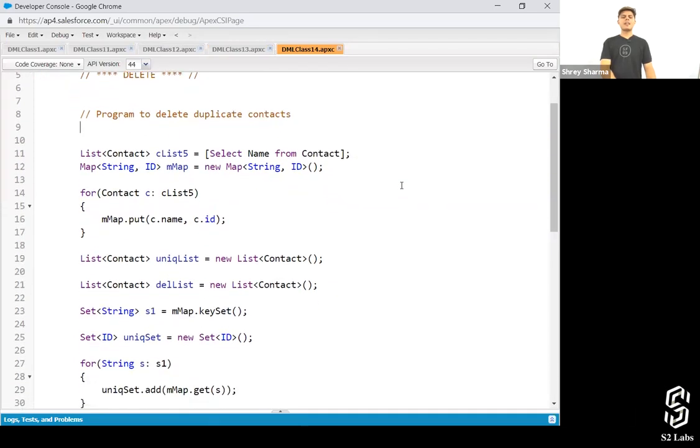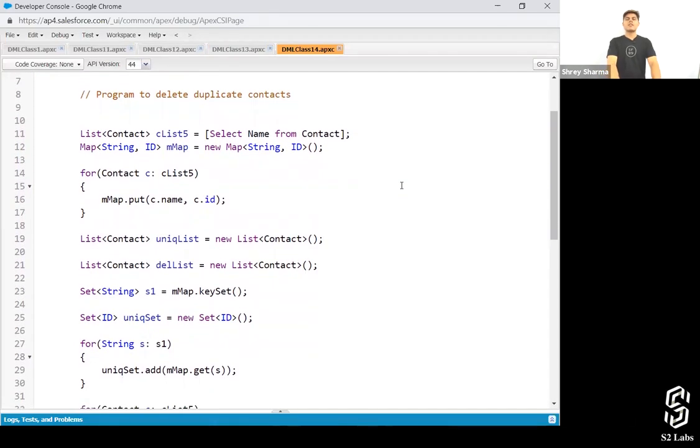This is a simple program that I've created to delete duplicate contacts. Let's have a look at it. Over here, I've got all the contacts, right, into this CList 5. And I've created a map which will include string and IDs, right? So let's have a look at what I've done in here.